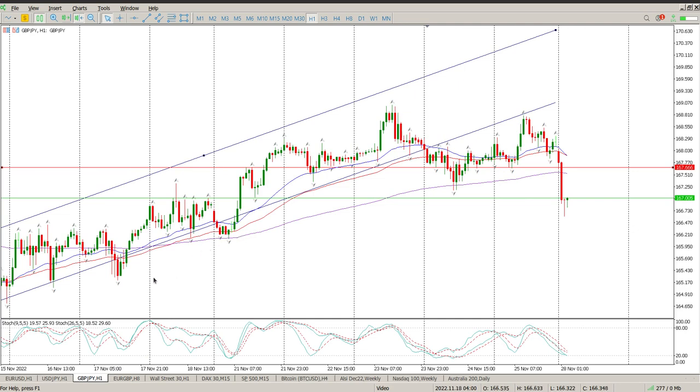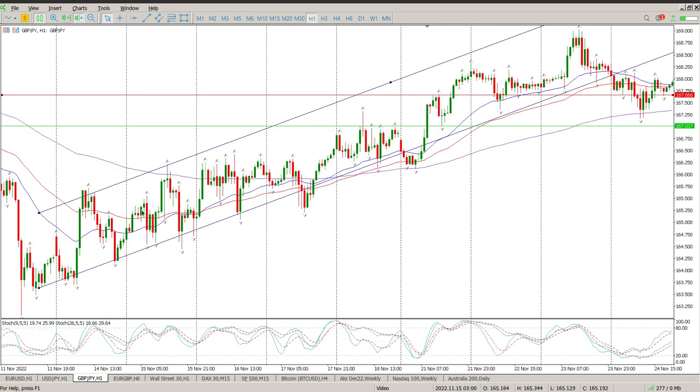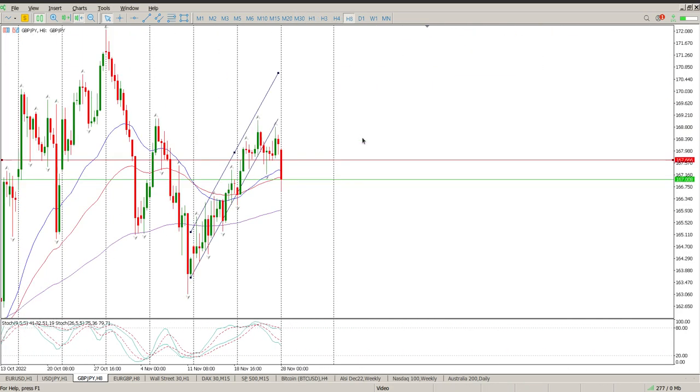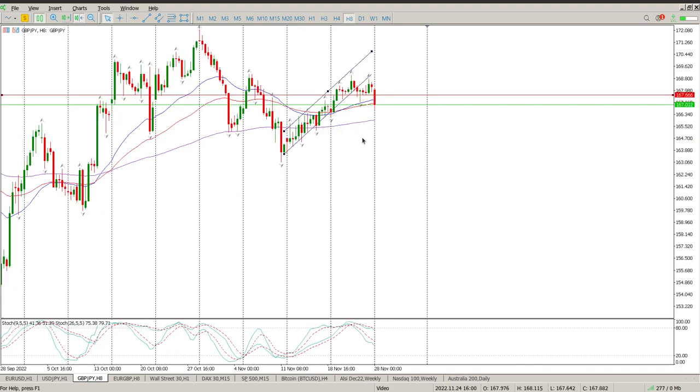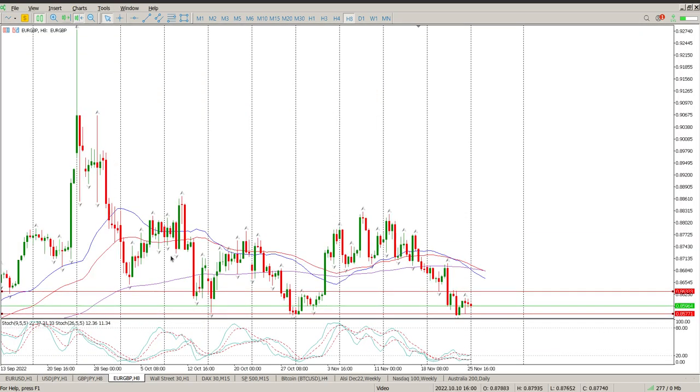There are little gaps to the downside as well, and the bigger picture here is I'd be looking for, in all honesty, a retest of this area here, which is 165,241. And lastly, Euro British Pound,